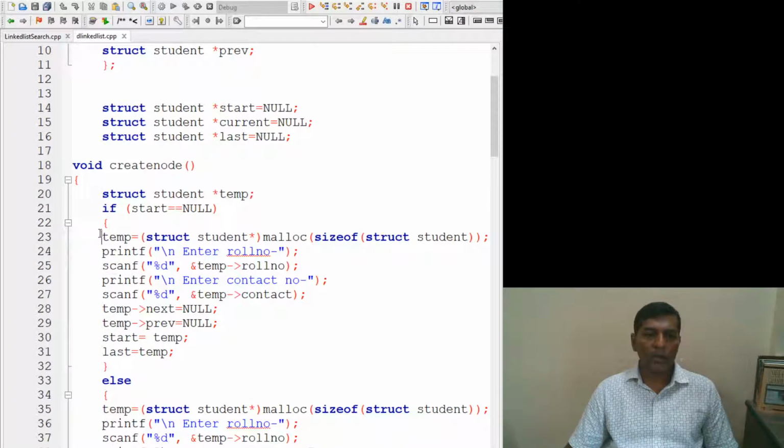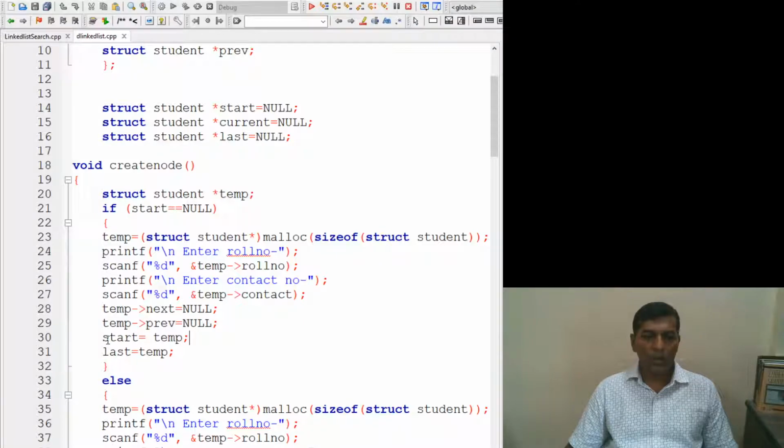So here we allocate memory for that, then we get a value from the user, and this roll number information will be stored into the memory space of that node, whereas the contact number from the user will also be stored in that location. This temporary object will be assigned next as null, and the previous pointer will be connected to null.